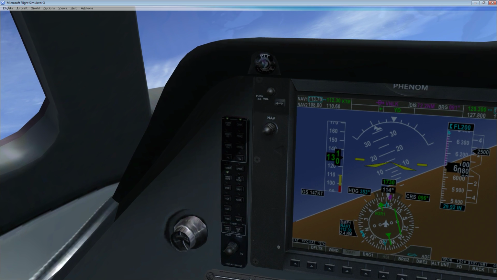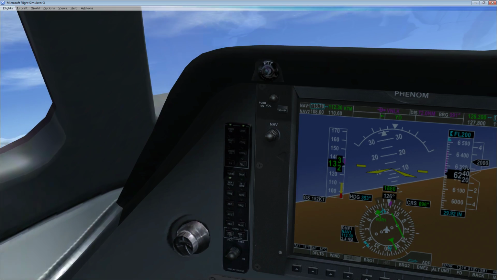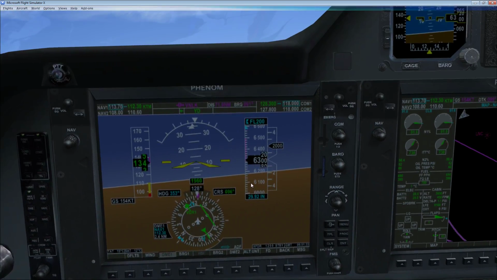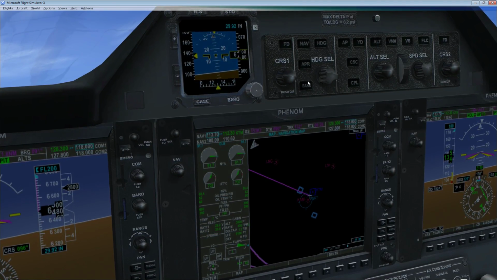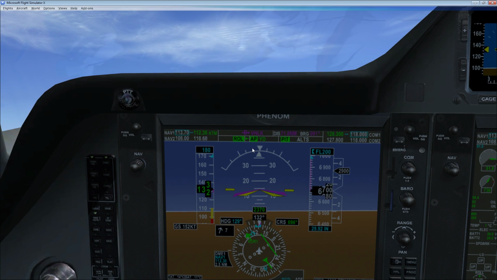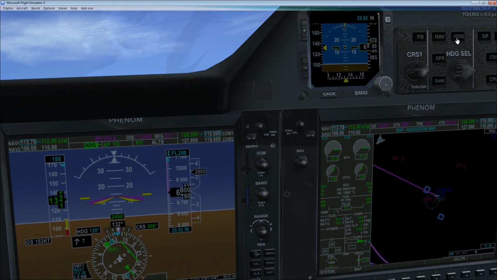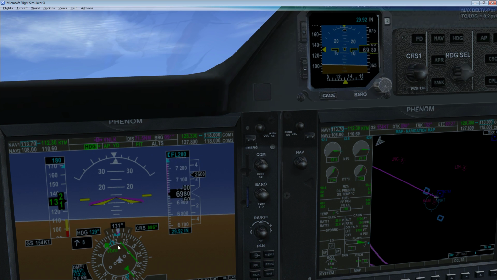15 degrees nose up, and that is looking pretty good. Let's go ahead and straighten out, and we're going to turn on the autopilot and start talking. So I'm going to hit heading, I'm going to hit center click on there, and I'm going to hit autopilot. We are on autopilot, and let's make sure we have heading mode on. Heading mode is on. There we go, and we're going to fly to the right of this course until we